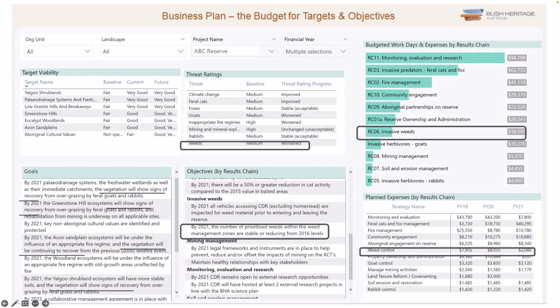This report provides a snapshot of budget and result details of a weed control strategy that's focused on the objective, as we can see here, of reducing the number of invasive weeds within a reserve's weed management zone relative to a 2016 baseline. The report shows that problem weeds have worsened, as we see up here in the threat ratings, since the 2016 baseline, and that reducing this threat is necessary for achieving the goal of recovering native vegetation to improve the